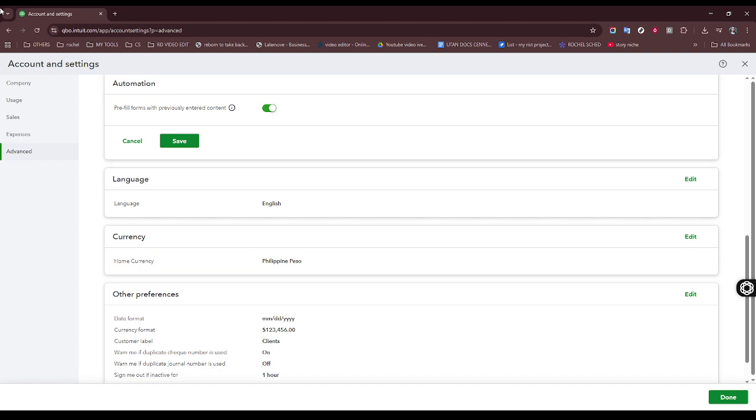Having enabled the Classes feature, you'll want to start assigning classes to your transactions actively. Assigning classes is about grouping or segregating data in a way that best suits your reporting needs. For instance, you can classify transactions by departments, product lines, or project types, depending on what makes the most sense